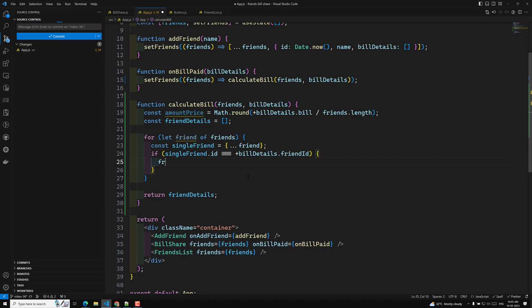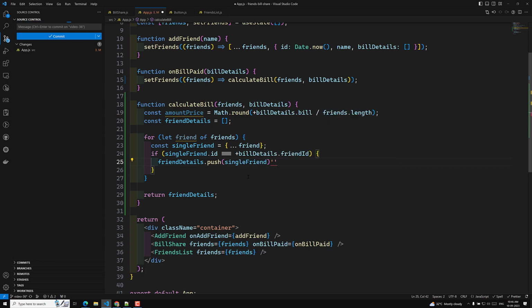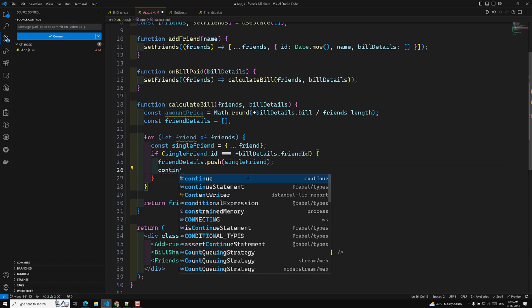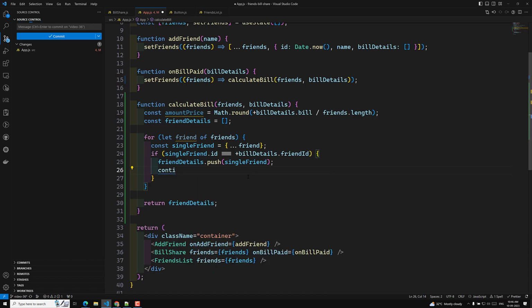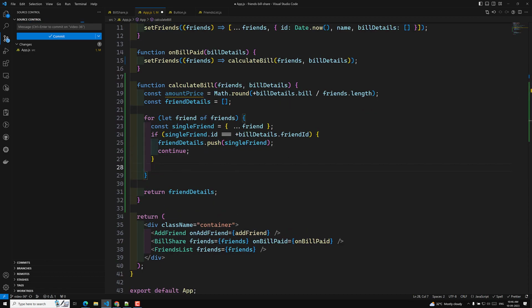So here I will just push the details, friend details dot push of that single friend. I will push this single friend. Okay, so this common, and here I will do the continue. Continue means there is no need to execute any further. So here I can use a continue. That's it. Now if the friend is not that friend, so for example, if Leela has paid the bill